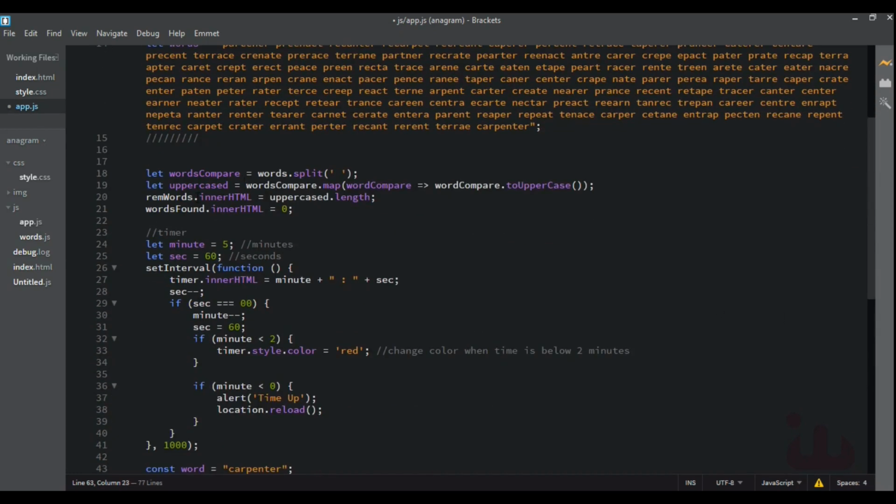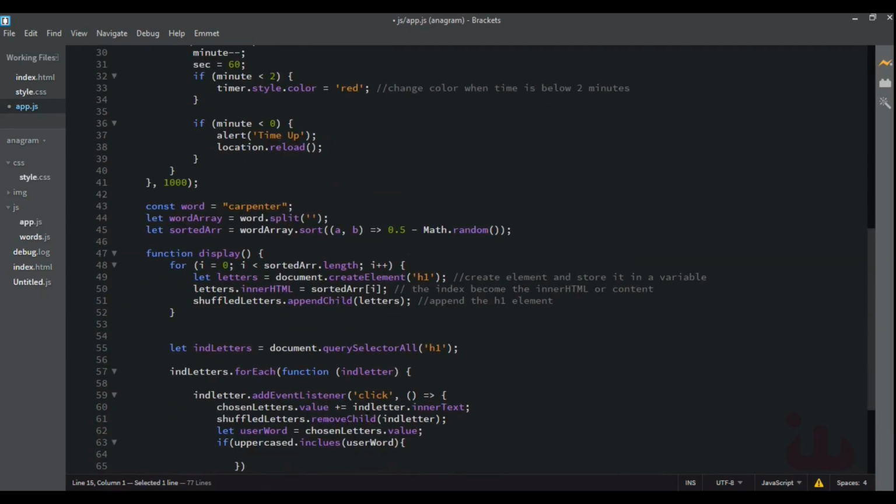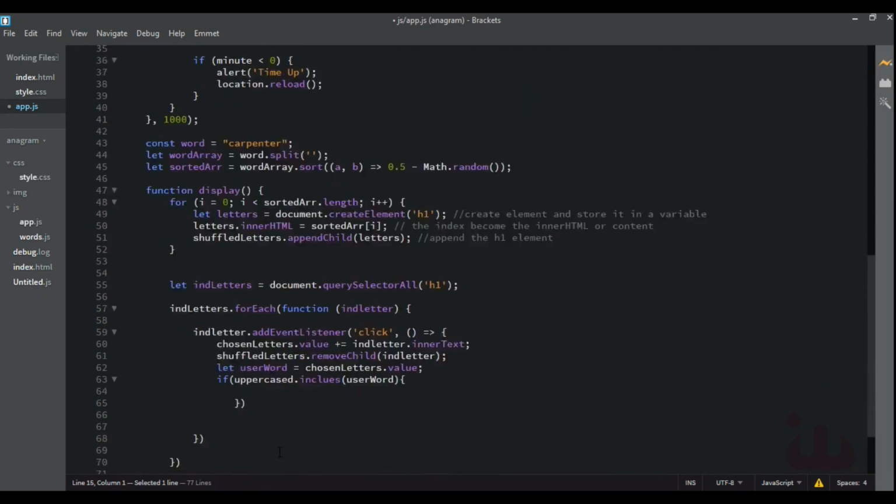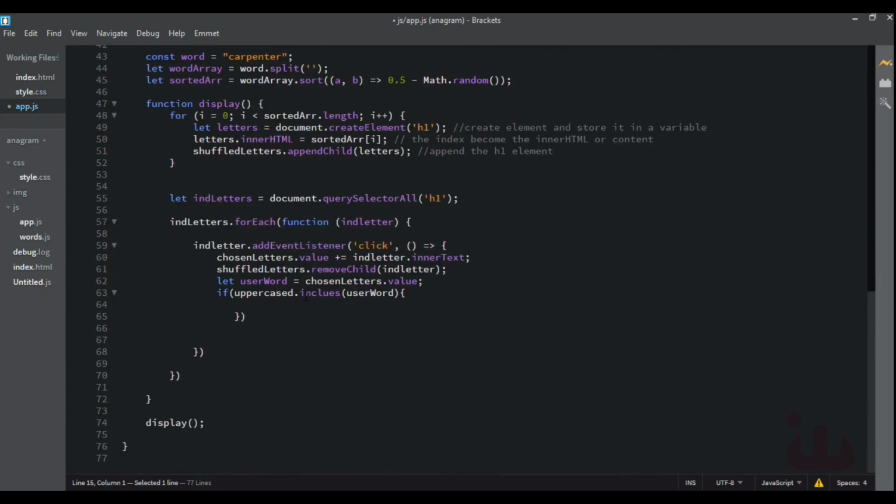Remember, this is the uppercase version of this. So if uppercase dot includes user word, which means if the user word can be found in this uppercase,